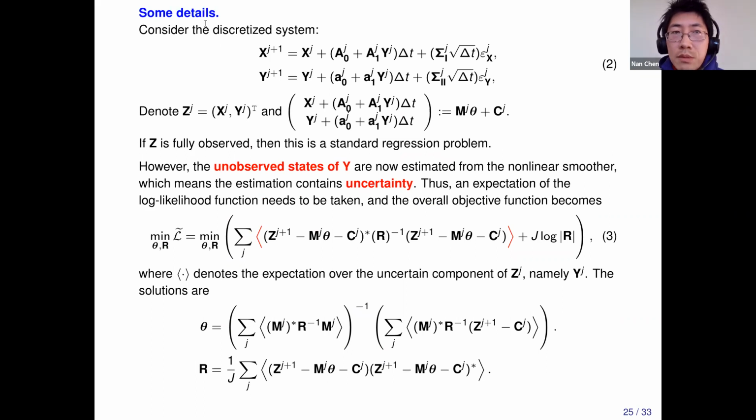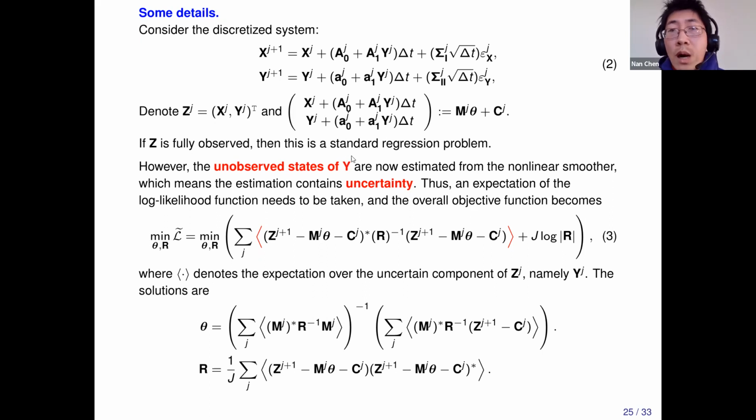A little bit of mathematical detail. If you consider this coupled system, if you assume x and y are both known, I put x and y into this C. If they are fully observed, then this is essentially a standard regression. So maximizing the log likelihood just gives you a standard regression method. It's a quadratic optimization problem. You can solve it directly without any difficulty. But if your y is unknown, then you have to apply the expectation maximization algorithm.